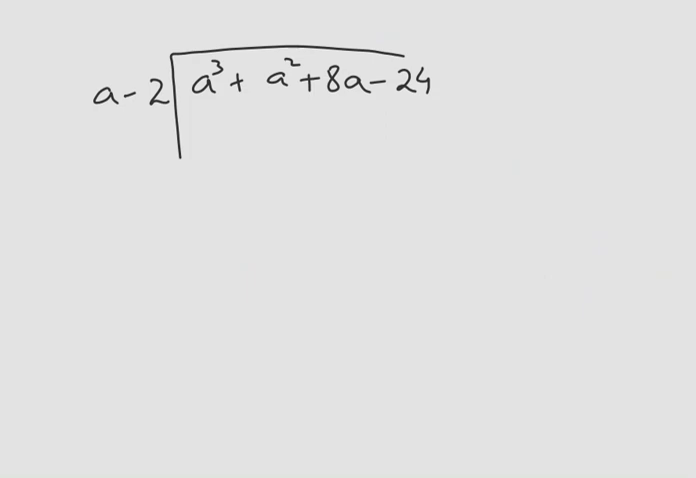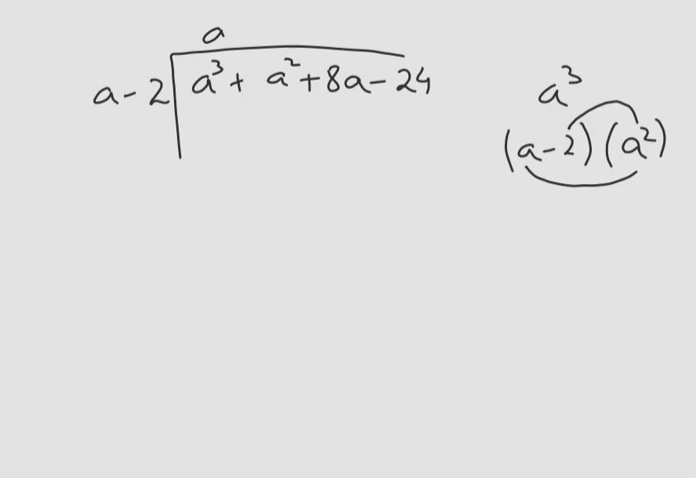So the first term here is a cube, we need a cube, and the divisor is a minus 2. So a minus 2, to which term do we multiply a minus 2 to get a cube? We will multiply it with just a square. So a multiplied with a square and 2 multiplied with a square, minus 2. Here we will write a square in the quotient. So a multiplied with a square, we will get a cube,